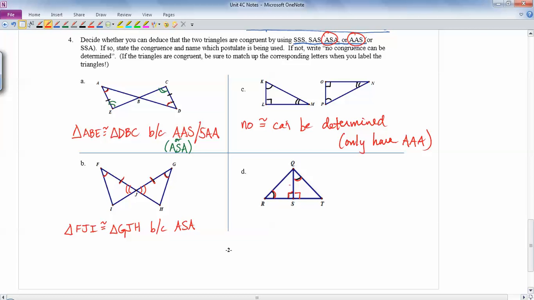But if you actually look at the diagram, over here, that side is only touching one of these two angles that we know. So we have angle, angle, side. Over here, you actually have the side in between the two angles that we know. It's angle, side, angle. These aren't the same. So this one would be no congruence can be determined